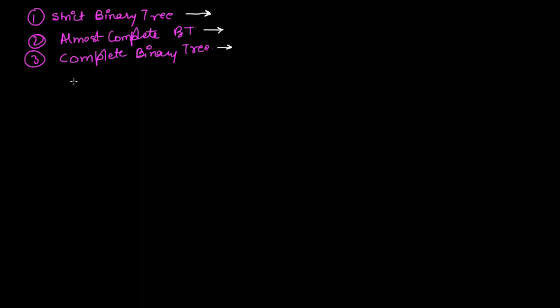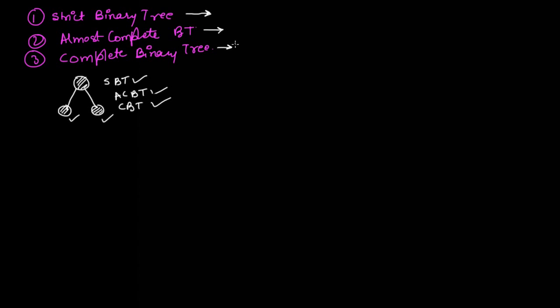For example, if we are having this tree. Okay, now in this tree, this is the root node, this is the left child, and this is the right child. Okay, so this tree is also a strict binary tree. Why? Because every node which is having a child is also having a left child and a right child. Okay, so this is an almost complete binary tree. You will see what an almost complete binary tree is in a moment, and this is also a complete binary tree. Okay,